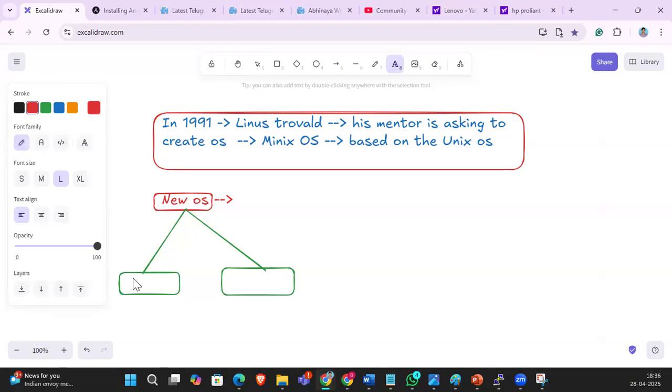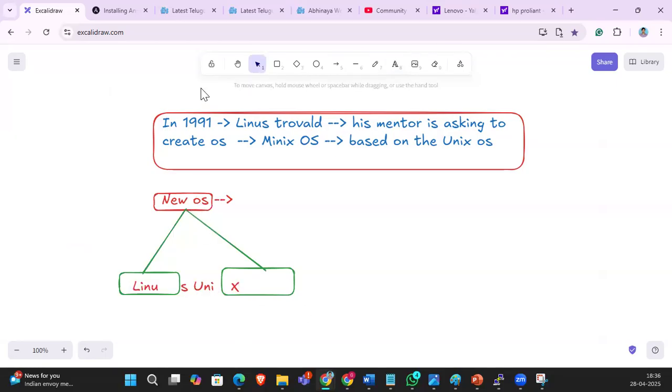What is his name, guys? Linus. He took the first four letters from his name and the last letter from Unix.